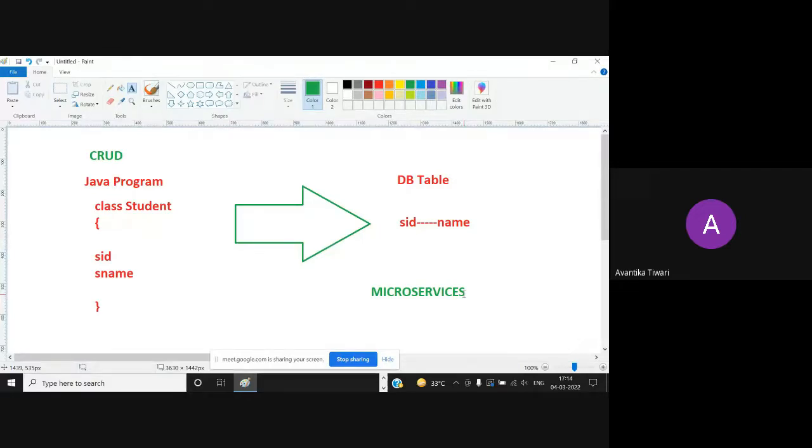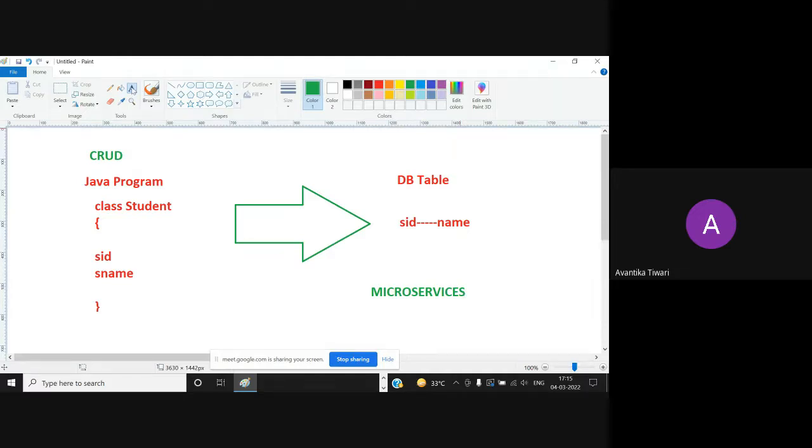Your project will be offering some services, and those services are also divided into smaller microservices, so that in the later stages of development, if you want to add a new feature, or if you want to remove any feature, scaling up or scaling down becomes very easy. It becomes very smooth if you are following microservices design pattern.